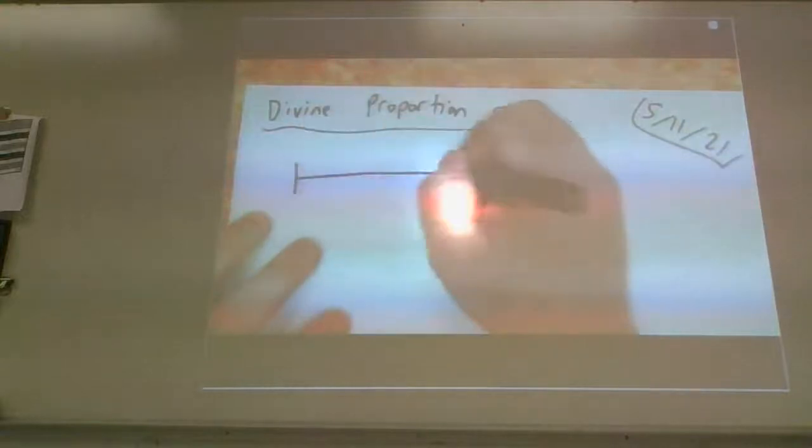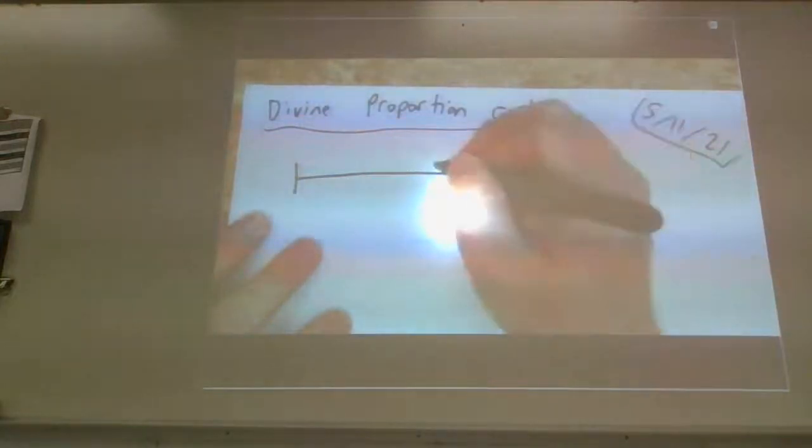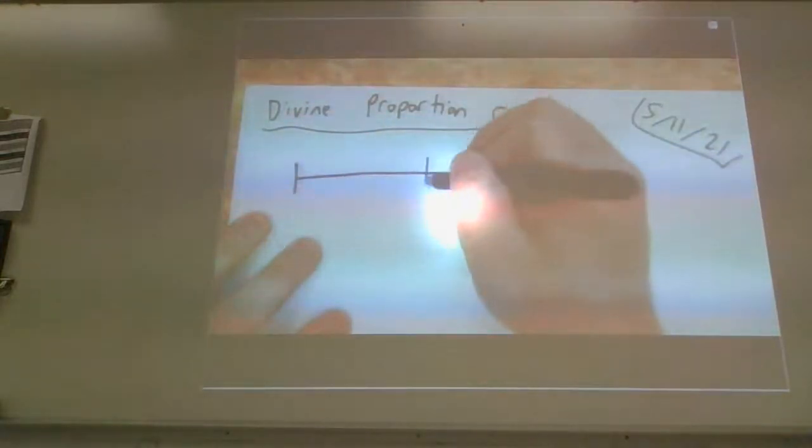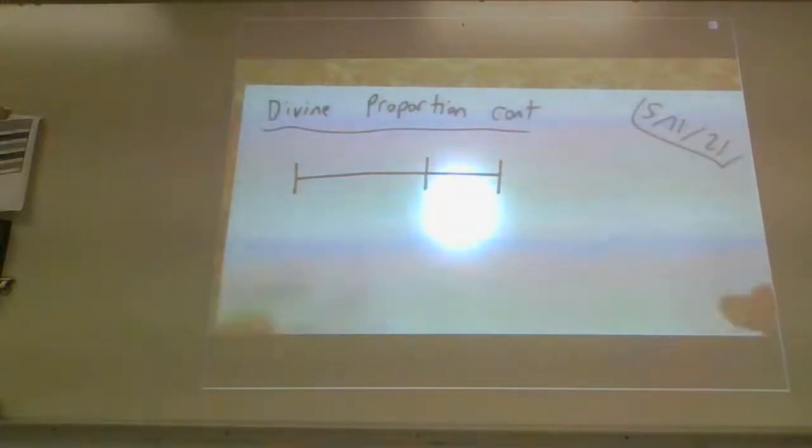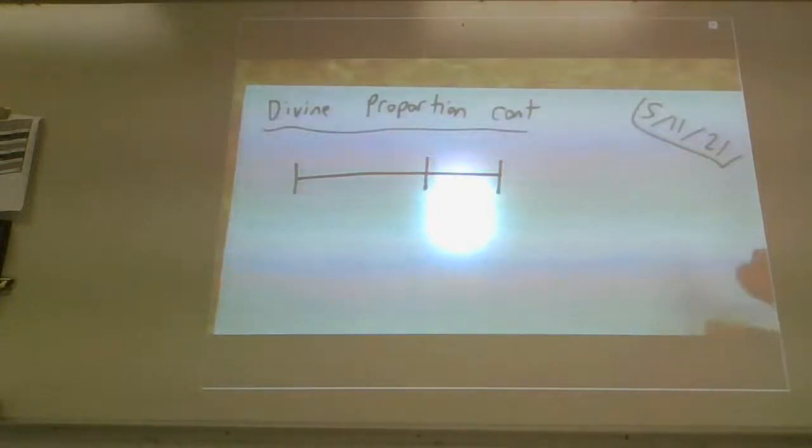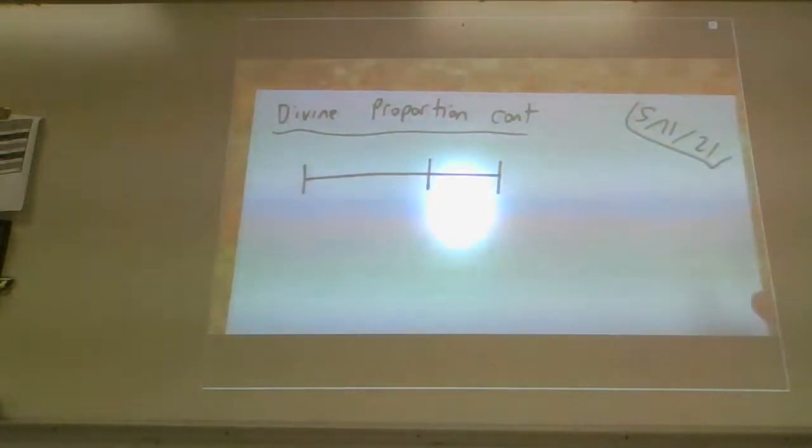Now, what I'm going to show you is something that was not known by the ancient people in terms of the numerical value. They didn't know the numerical value of phi. They just knew that this ratio was divine in nature, or they felt that this ratio was divine in nature, that they were able to incorporate it into their architecture and into their art and into everything in between, just because they saw it everywhere.